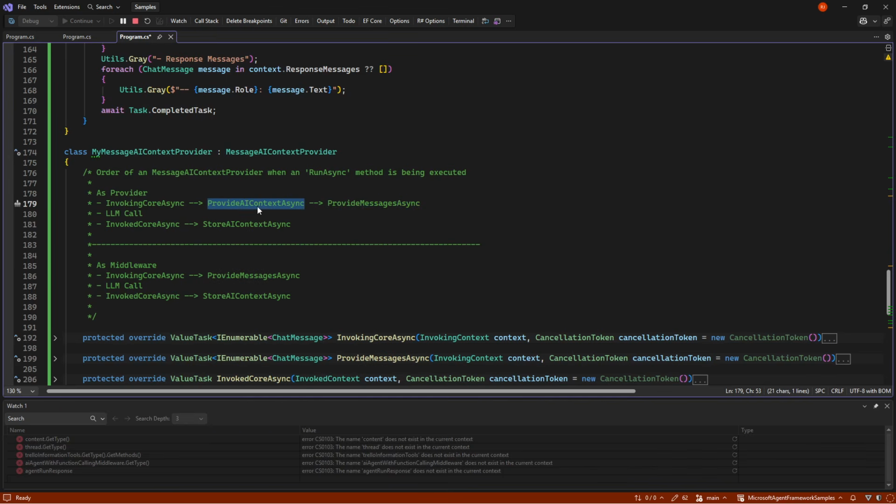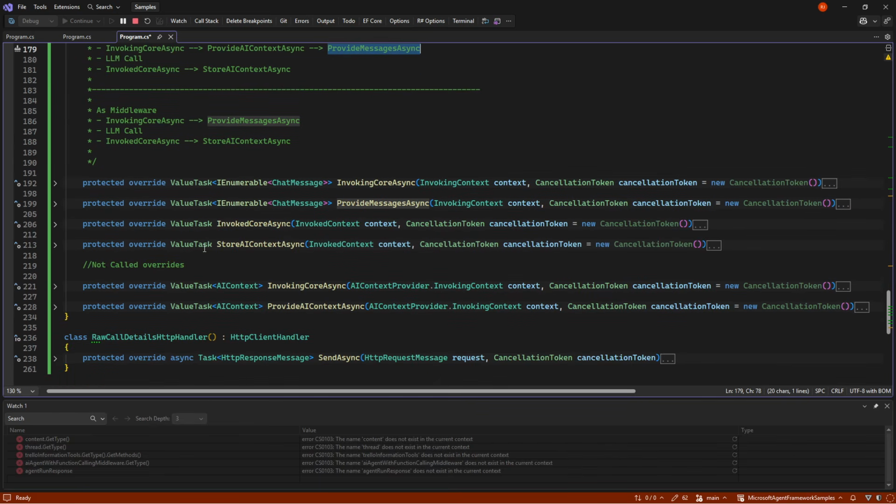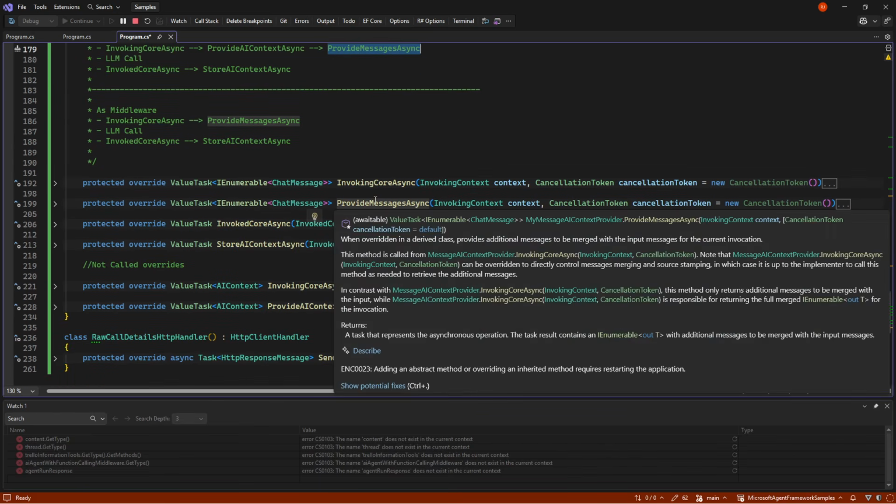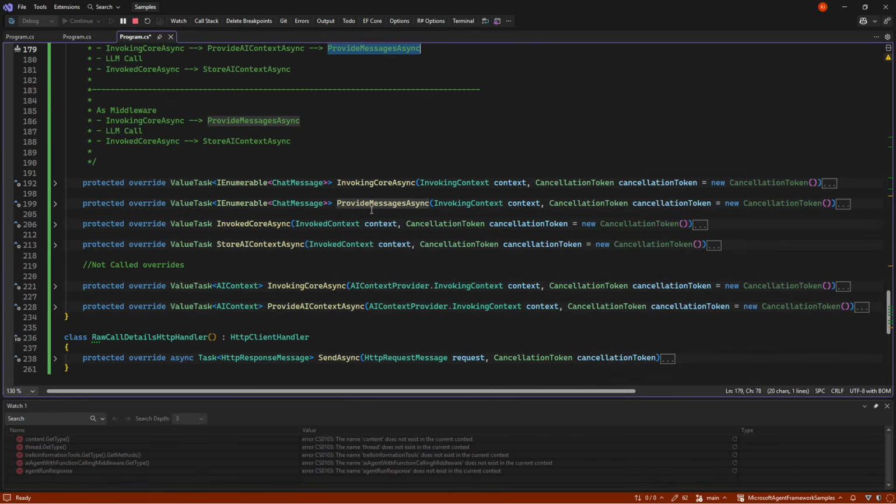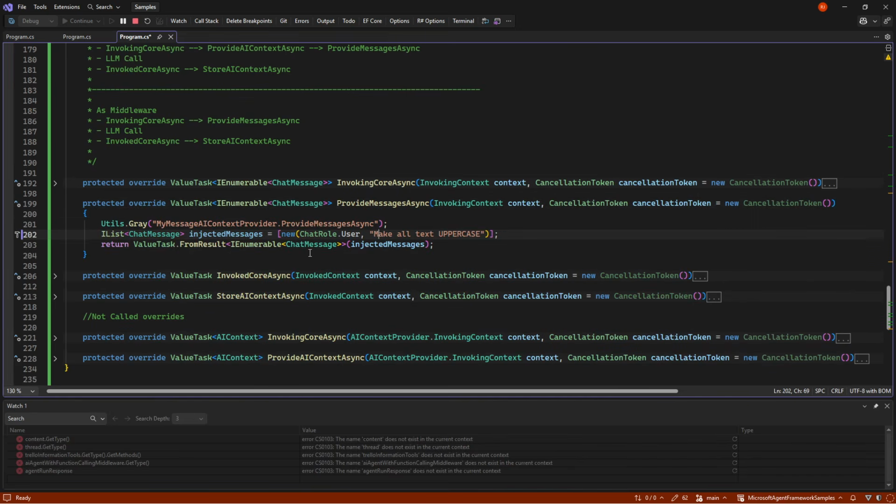This one can actually provide messages, but they are permanently messages. This one is on the fly extra messages you want to put into the system. So in my case, I'm using the provide messages, which is yet another way of calling this. So we can go in and say, for example, make all text uppercase.